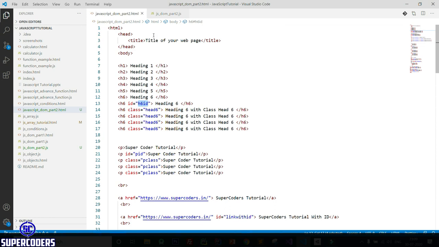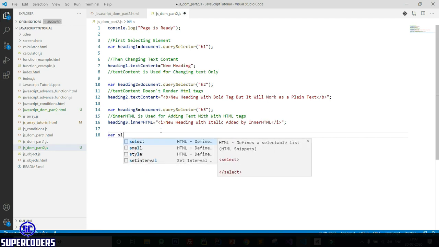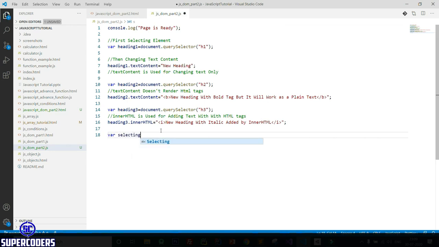So copy this. Now again come here, selecting element by id using querySelector. I know the variable name is very long, but no problem, it will show you clearly.